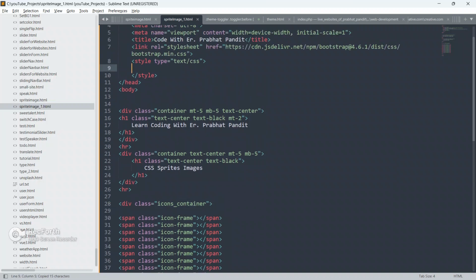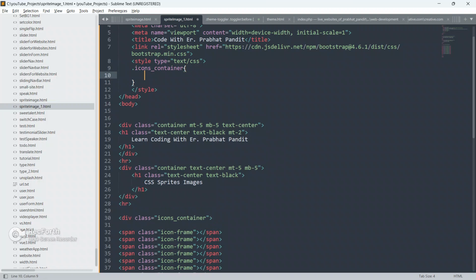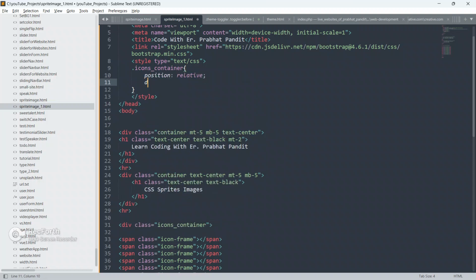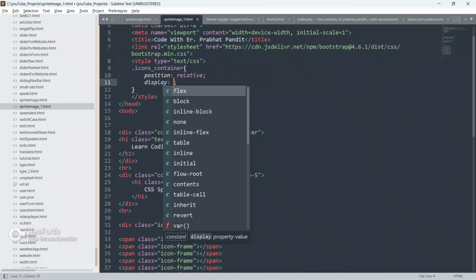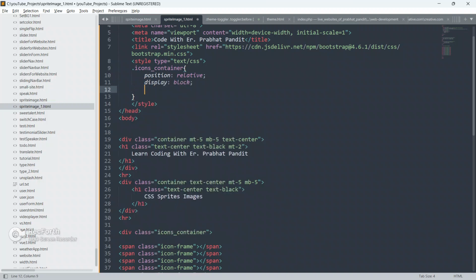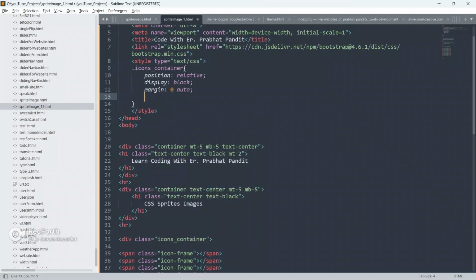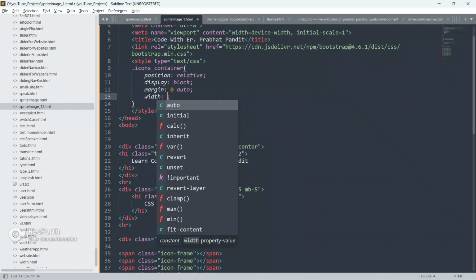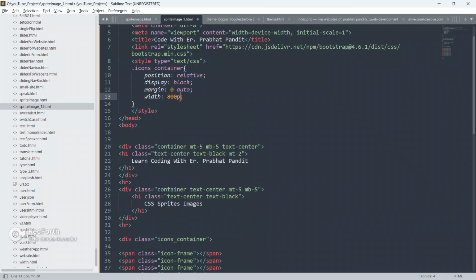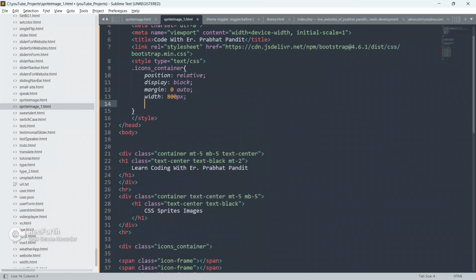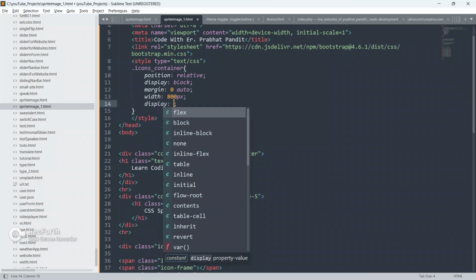It is a class, so we have to put a point or period, and give position as relative, give display as block, give margin as 0 auto, put width as 800px.